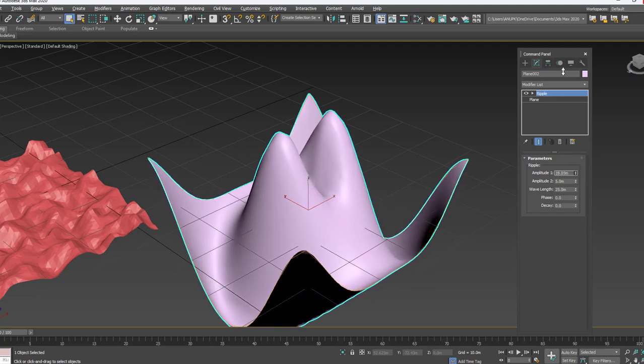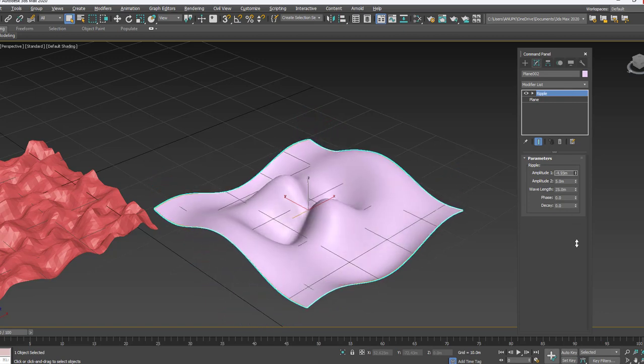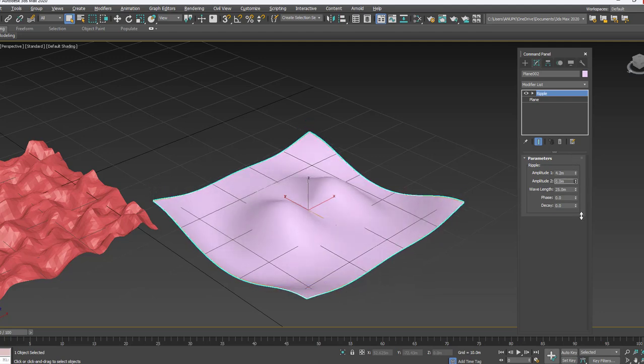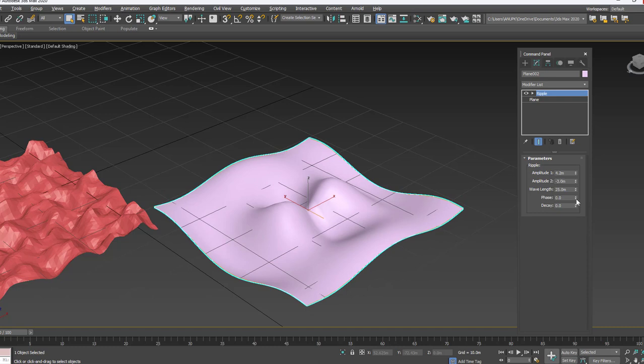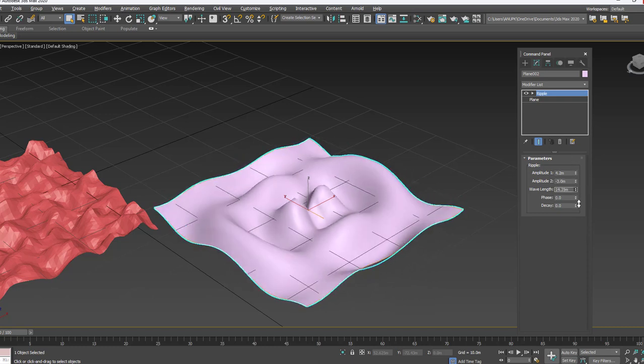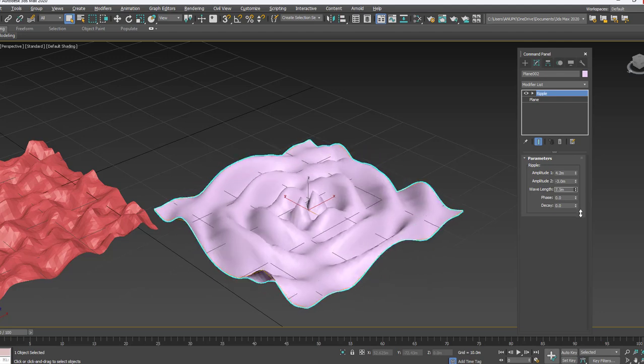By using this also you can do some undulations or hills like this. Even this one you can use for the liquid movement, water movement. So you can change the parameters, that is amplitude, wavelength, how much you want to keep, more wavelength like this.